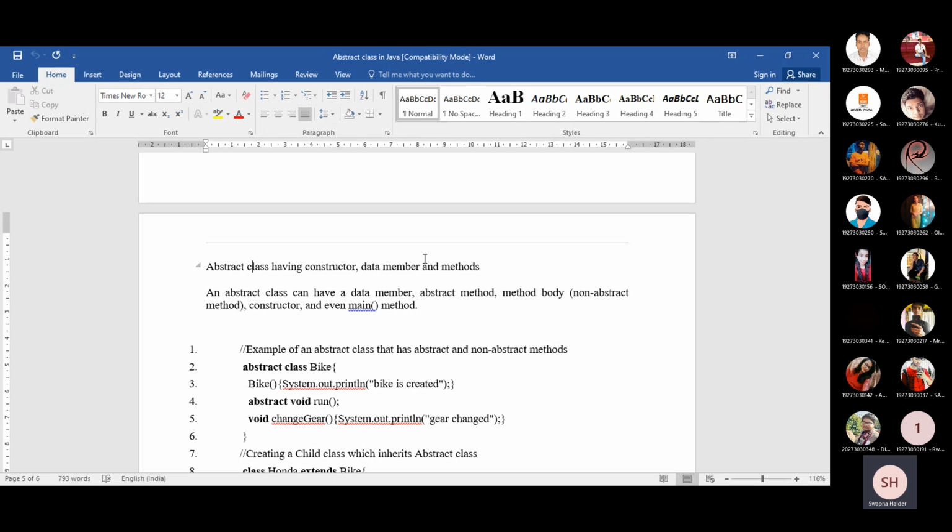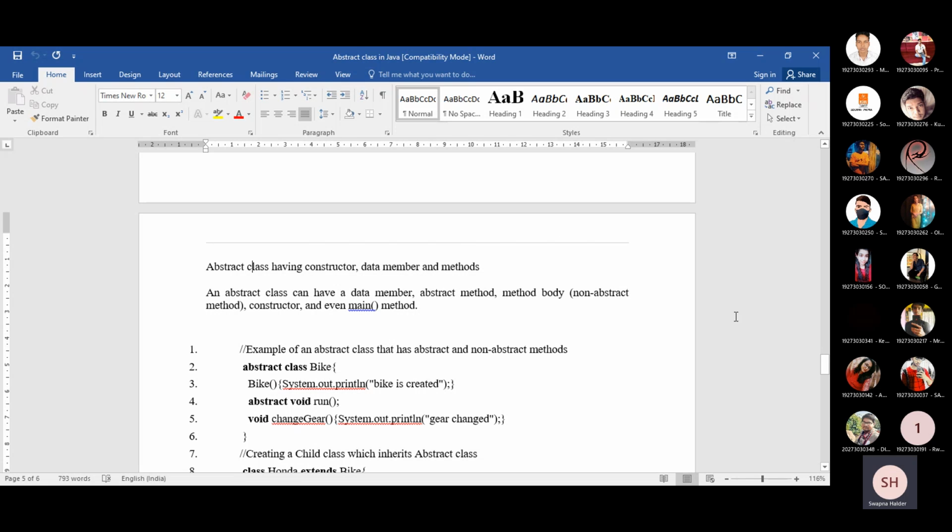Besides the abstract method, there may be concrete methods, and an abstract class can be instantiated. This is the basic difference between an abstract class and an interface. Whenever we study interfaces, you will see that all the methods defined in that interface will be abstract. But in the case of an abstract class, there is flexibility: it can have a constructor, other data members, as well as other concrete methods, that is, non-abstract methods.